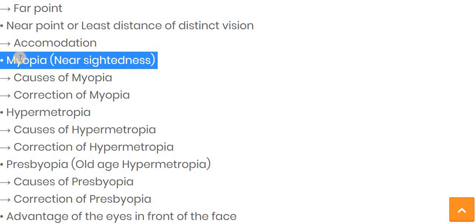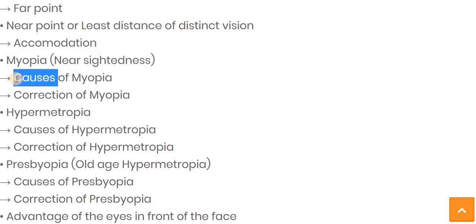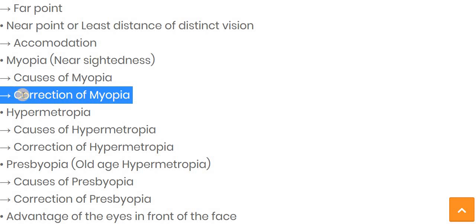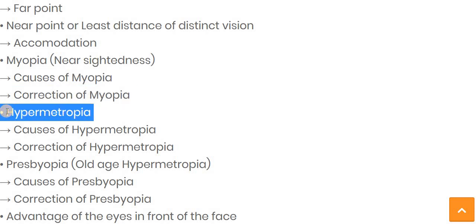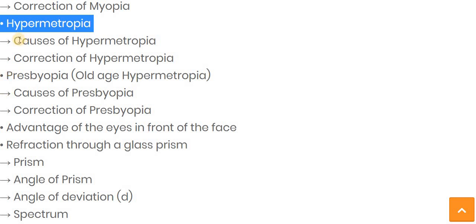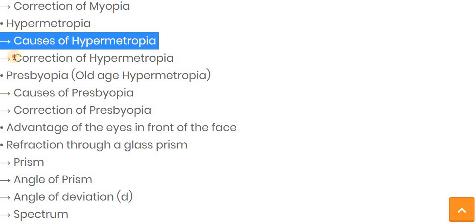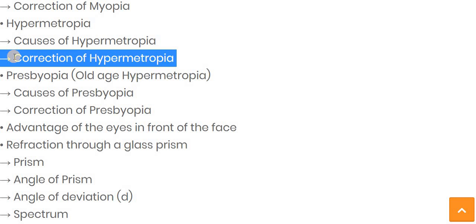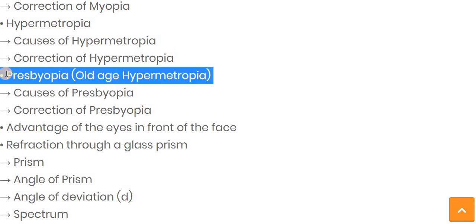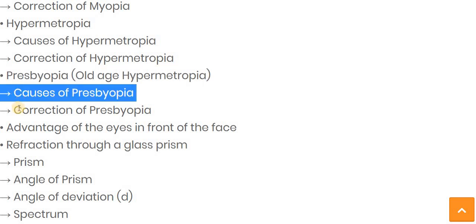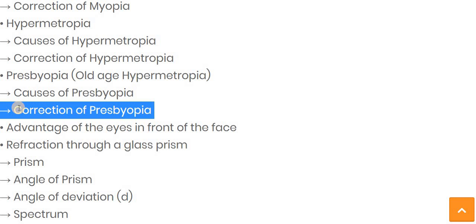Then the defects of the eye, in that myopia, that is also known as nearsightedness. The causes of myopia, then the correction of myopia, then hypermetropia, the causes of hypermetropia, then the correction of hypermetropia, presbyopia, that is also known as old age hypermetropia, the causes of presbyopia, the correction of presbyopia,